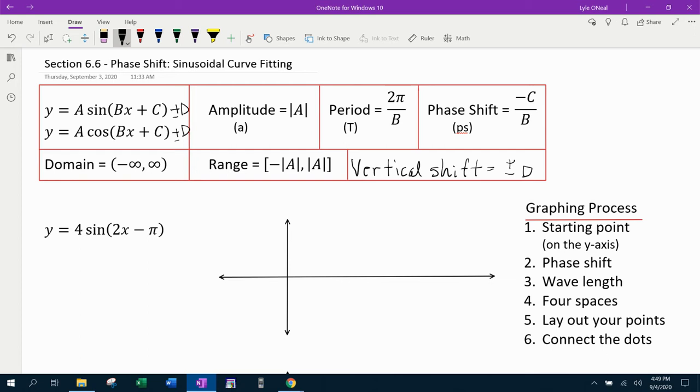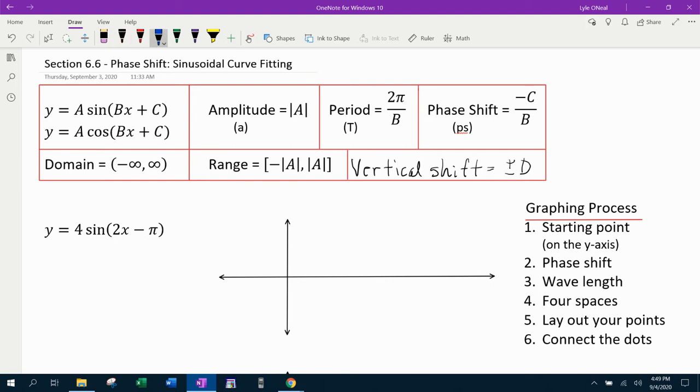And so later, when we're doing one of these examples, I might actually just throw in a what if, and we'll look at how to deal with the vertical shift when you're graphing, okay? But for right now, we're going to get rid of that. And just know that the vertical shift is going to be plus or minus D, and D would be a constant in those equations, okay? So now,